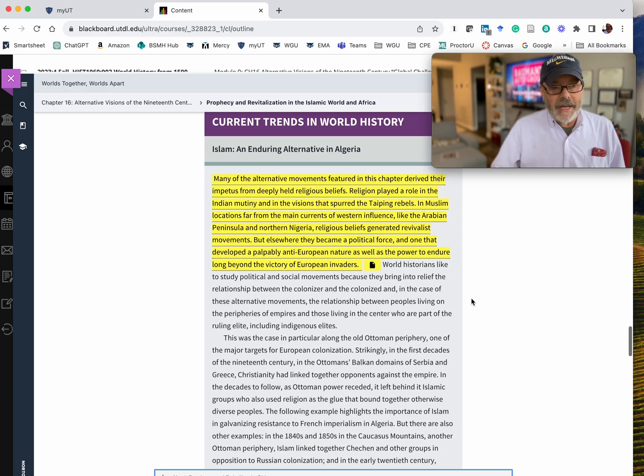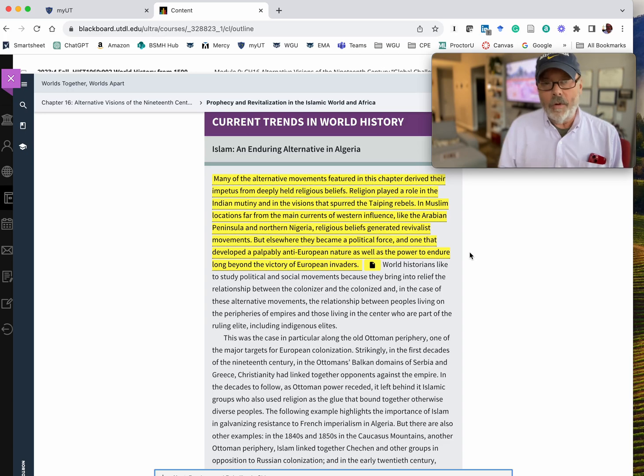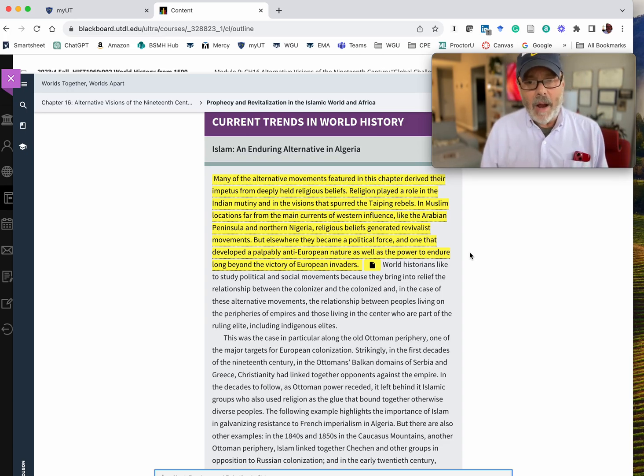It's real interesting, because this sentence in the first paragraph talks about this growing anti-European nature in Islam. And so I equate that to today. I'm making this recording on October 14th, 2023. By the way, I'll probably reuse this, but to put it in context, the war in Israel, the Israel-Hamas war, has just started. And so you can't help think about this